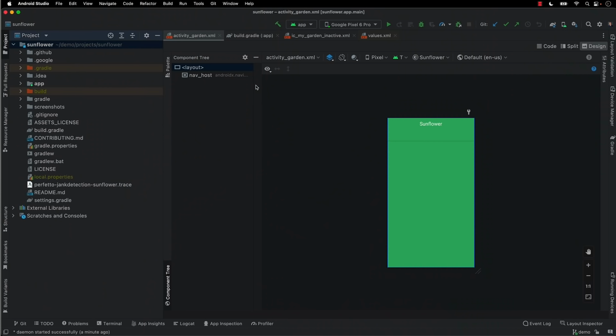But note that baselines are only there for release variants. They're not really relevant at debug or development time. So be careful not to draw conclusions from debug builds, especially when you're looking at performance. And so we're working on a new feature in the profiler to help with this as well.